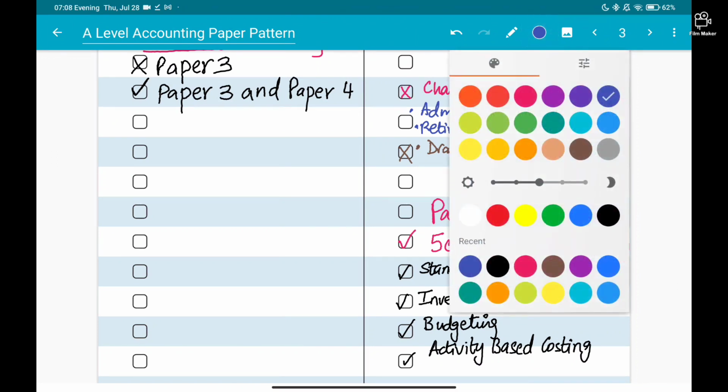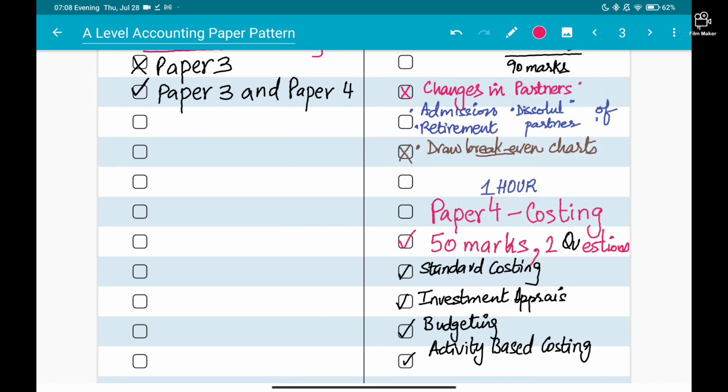Now the changes when we come back to paper 3, students, and in paper 3, that is the main concern. In paper 3, what we have witnessed is that the consignment chapter and joint ventures have been removed. These 2 chapters are completely removed, so students will not be asked questions on these 2 chapters, okay? That's why I put a cross on them. So consignment and joint ventures are eliminated. The examiner knows the reason better, but this topic was added in 2016, and from 2022 onwards they will not be asking questions on these 2 chapters, okay?